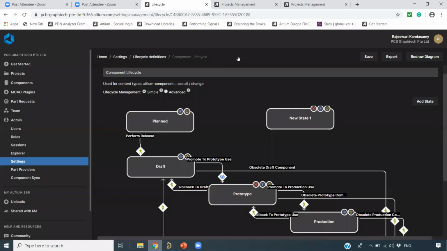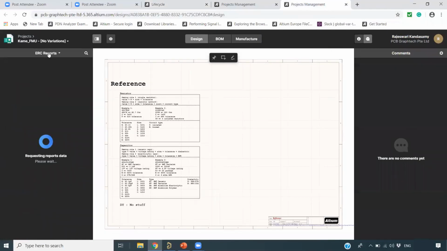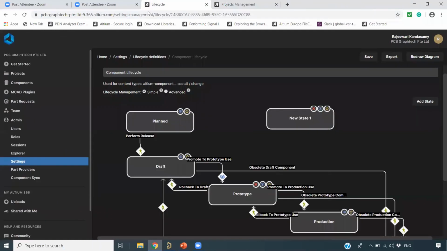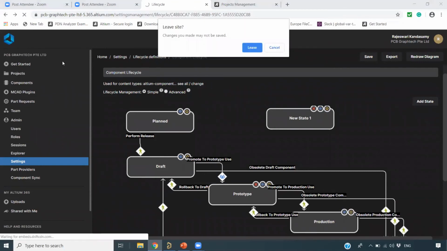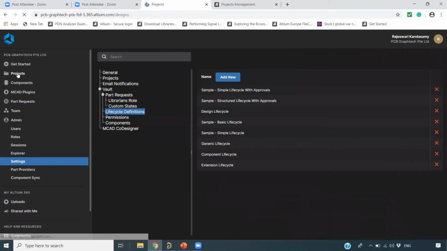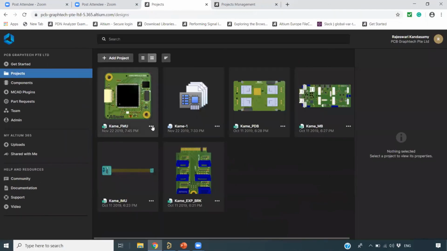Let me see my error rules checking here. Let me see the component. Okay, I think still it is loading. Let me try one more time. I just go to my project, then open my project.